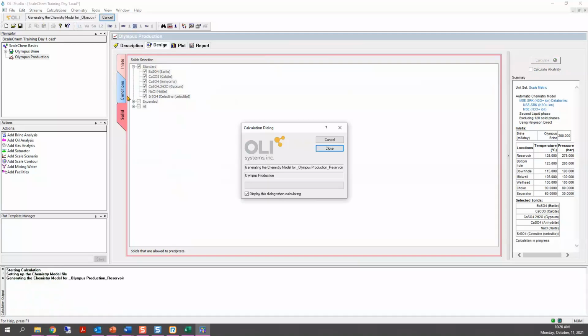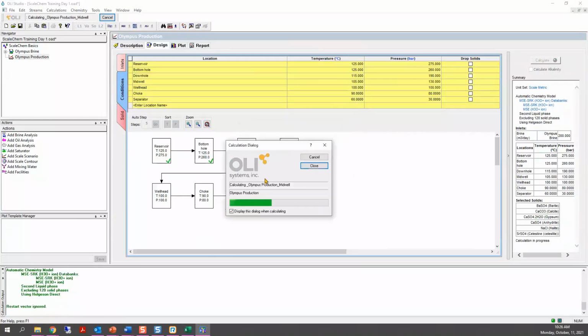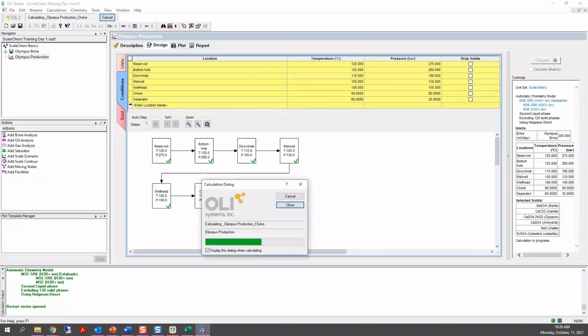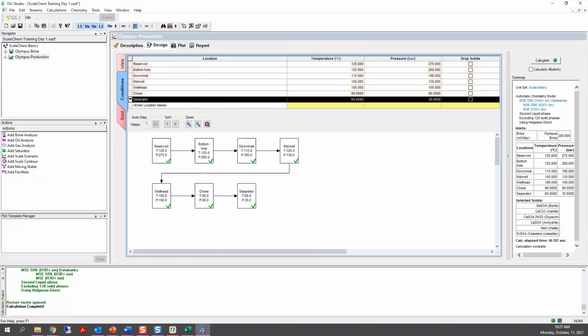Dana, just a quick one. In conditions, say you've added one condition too many, how would you remove that from the calculation? What I would do is, you see how I have this arrow here? I will select it like this and hit the delete button on the keyboard. I'll try that now.